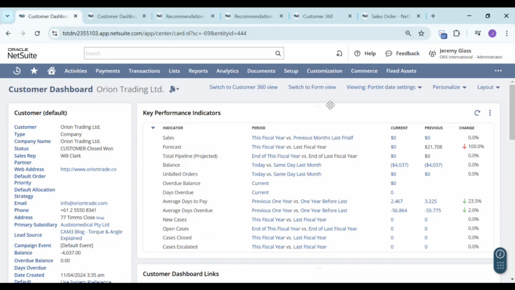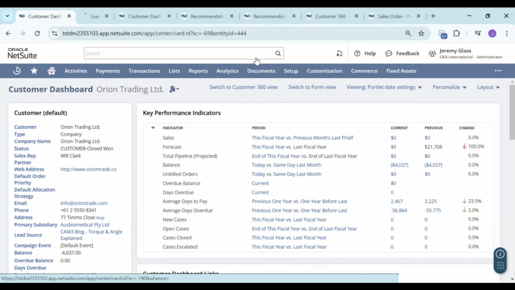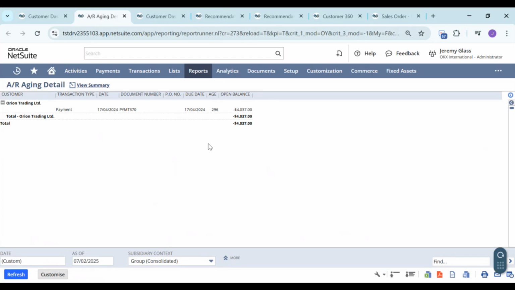It can be the current fiscal year, compared to a different period like last fiscal year, previous months, or last half. You will see here the current values, the previous values pertaining to the previous period, and the change that happened. Just like Facebook, it gives us the link to which these amounts are pertaining. So we can drill down directly to the transaction where the amounts are coming from.